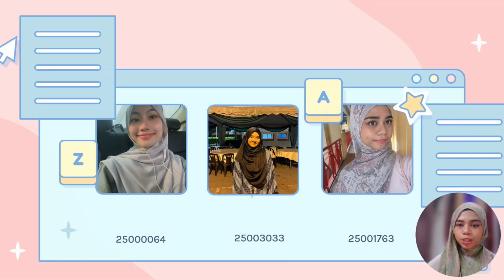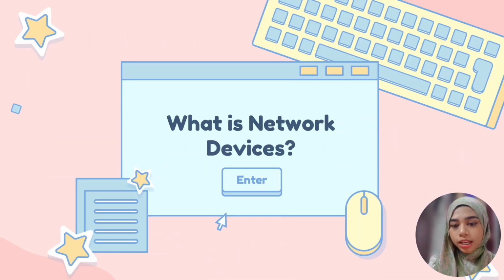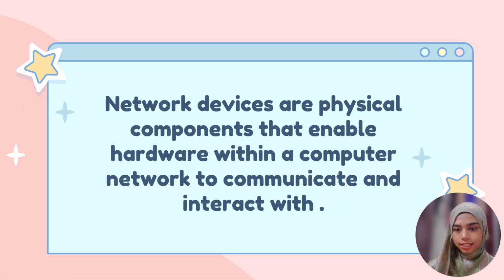Okay, so let's start. We have three group members, and these are our group members of network devices. What are network devices? Network devices are defined as physical components that enable hardware within a computer network to communicate and interact. There are lots of network devices like hubs, repeaters, bridges, switches, and many more. These physical devices control how data moves across the network. They make communication between connected devices more efficient by managing data transfers, strengthening signals, and linking different networks. Each of these devices has its own function, from simple data forwarding to more advanced tasks like routing